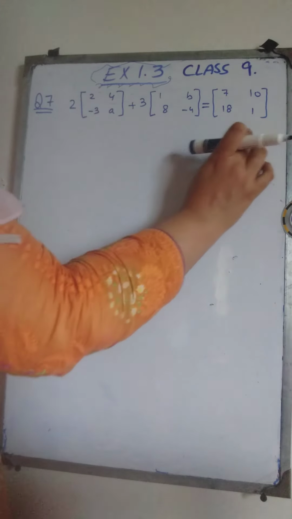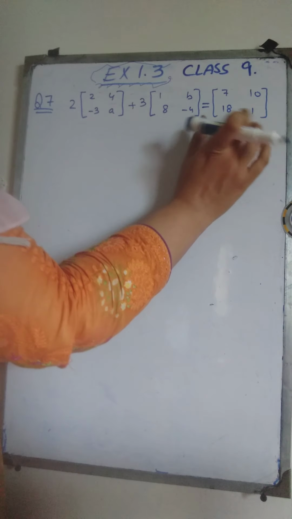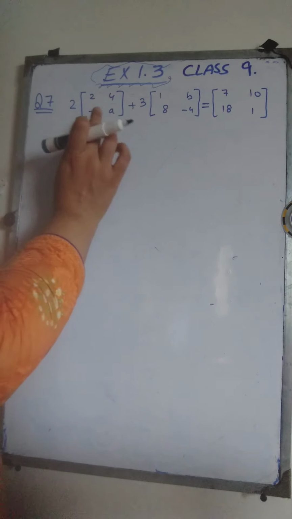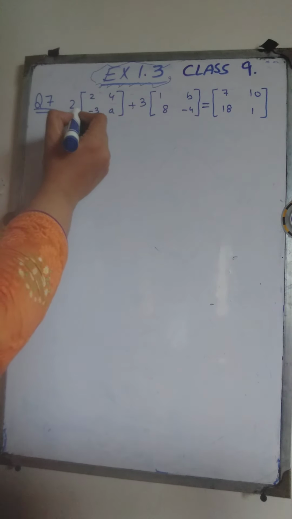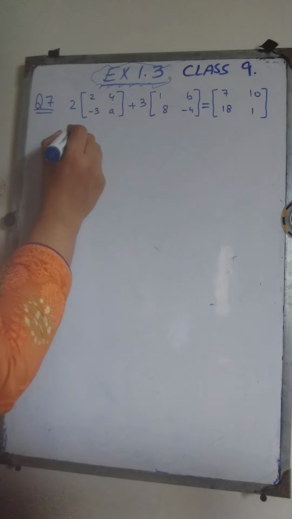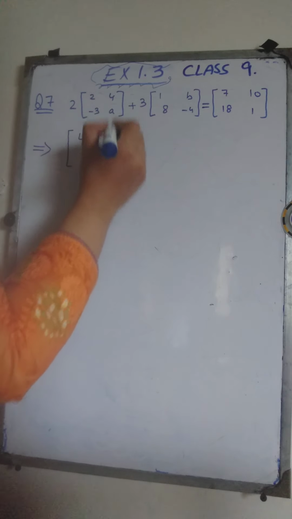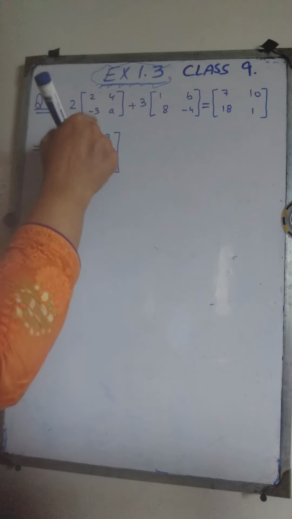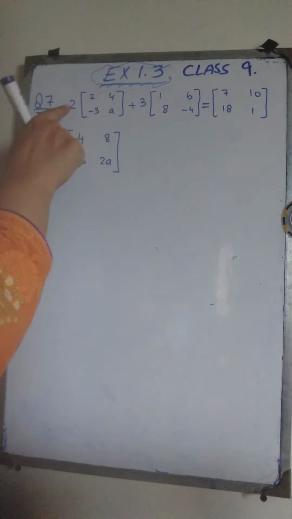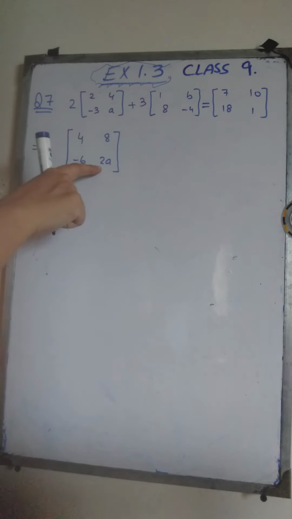Okay, you are given this expression. Now solving the left hand side, because there is nothing to solve at the right hand side. Okay, so we are going to solve this expression and we will get a single matrix out of this. To solve this, we need to do scalar multiplication of 2 with this matrix and 3 with this matrix. Okay, doing the scalar multiplication, 2 into 2 will be 4, 2 into 4 is 8, 2 into negative 3 will be negative 6, 2 into A will be 2A, because A is an unknown number, 2 times A will be written as 2A because we don't know what is A, so we can't multiply it at least at this stage.